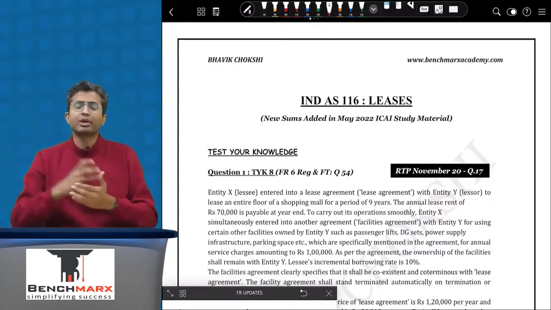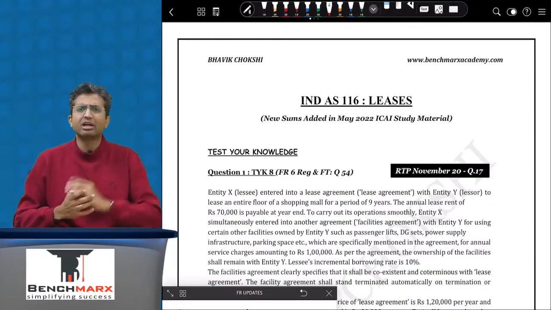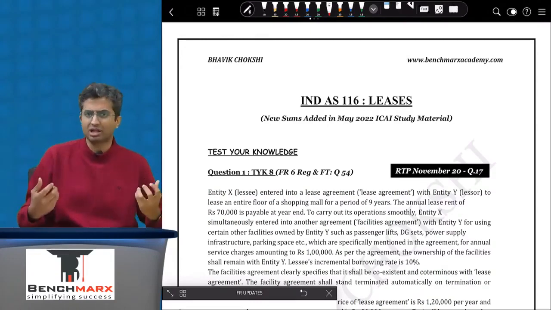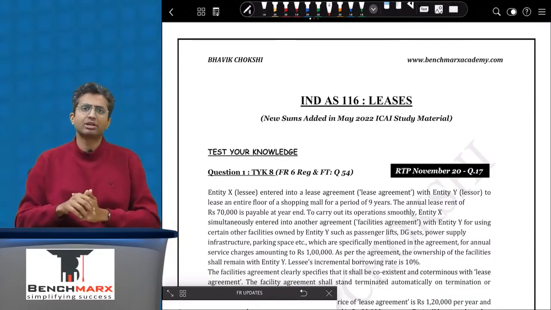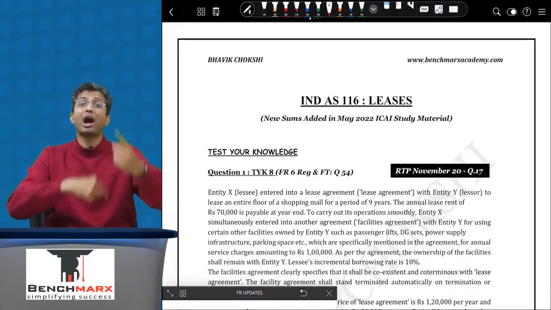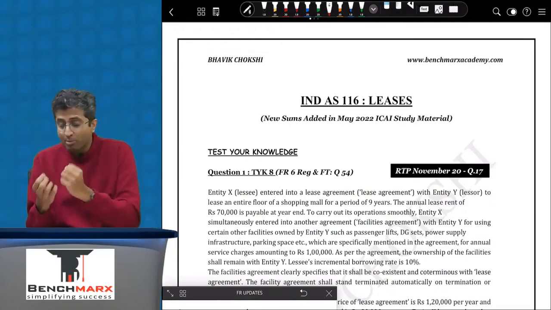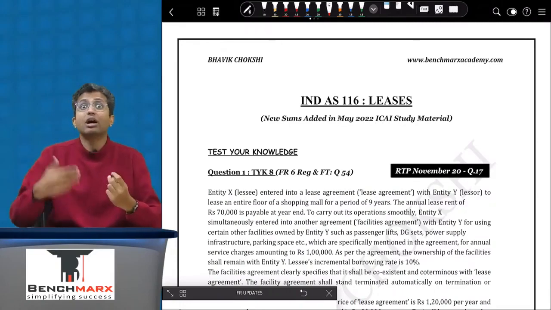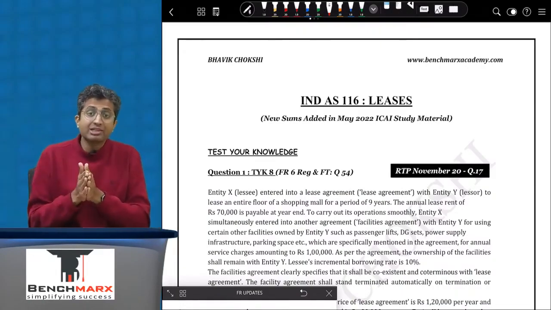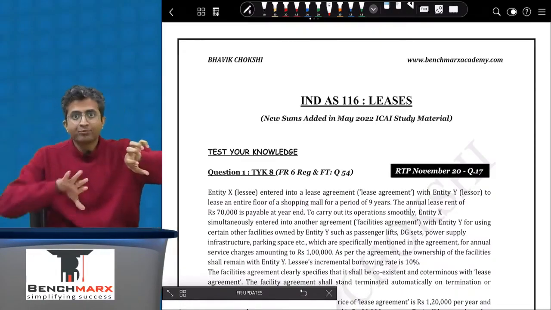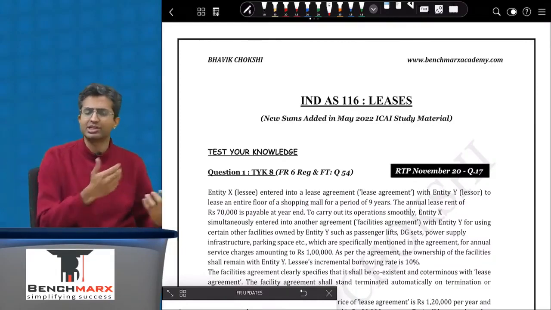Sir, what do you mean by lease component and non-lease component? To be very clear, let us say you hire just a car. Then the car is an identified asset, in which case there is only a lease component. However, if you hire a car along with a chauffeur or a driver, there is a lease component whereby you have hired a car, and the services of a driver, which is a non-lease component, it is a service. And hence you can either recognize the services of the driver expenses separately and the car lease separately,